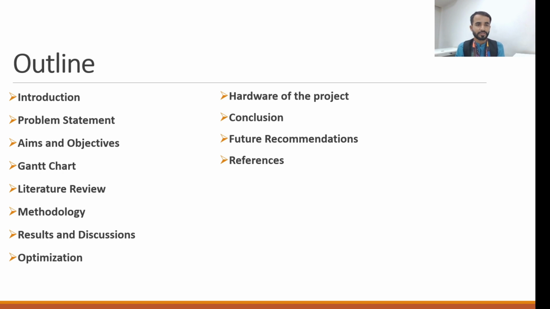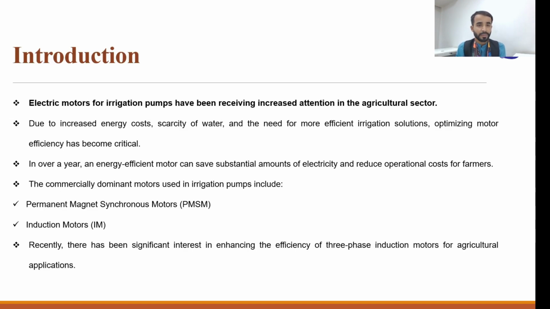Firstly, we will be talking about the introduction of the project, problem statement, aims and objectives, Gantt chart, and so on. Now, here is the introduction part of our project. We basically targeted the agriculture sector in Pakistan, as the agriculture sector in Pakistan is less efficient due to usage of traditional induction motors. As we know, traditional induction motors are less efficient. They consume almost 65% of power, and therefore, the overall operational cost of an induction motor is much higher as compared to energy efficient design and development